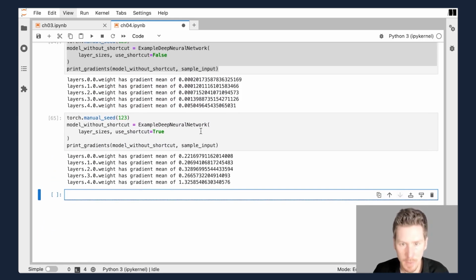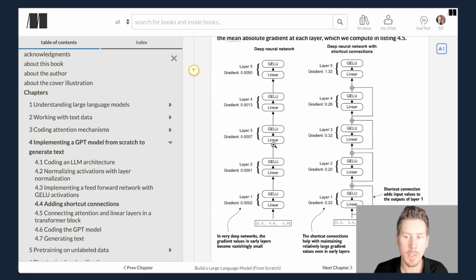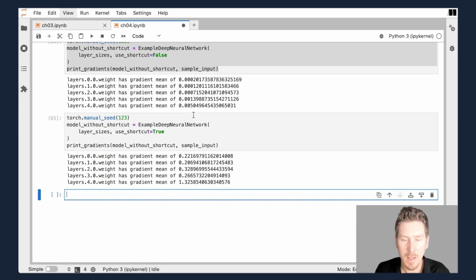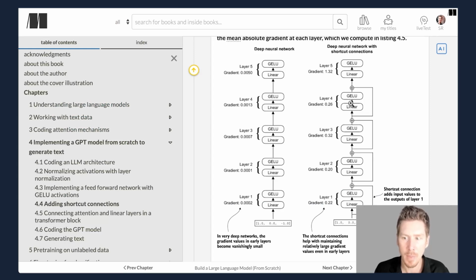So with these shortcut connections, we lift up these gradient values. The network later on will do more than just lifting up the gradient values in the beginning. It will also learn how to optimize these weight matrices. And if something goes wrong during the training, these shortcut connections can always compensate and rescue the network from totally failing, because one more time, you can see everything is dependent on each other. So if you have something that doesn't really work here, the later layers in the forward pass are not affected. And likewise, if we do backpropagation and something fails here, this layer is not affected. It can learn how to skip here. And that's the whole idea